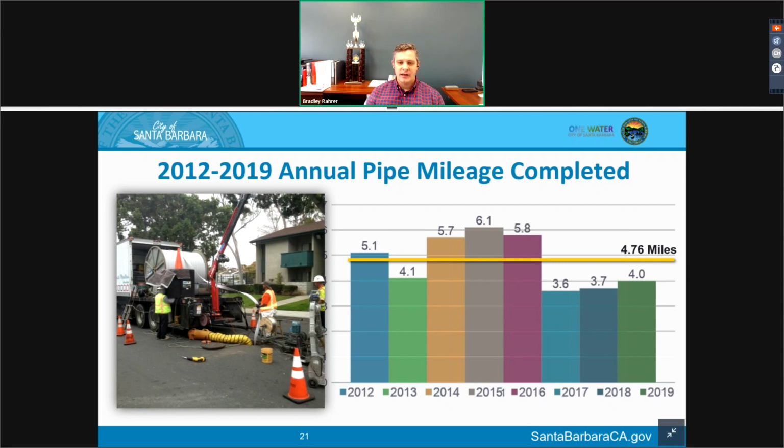As you can see, that yellow line, that's kind of our average since the beginning of the consent decree. And so we've been averaging 4.76 miles, which equates to about 1.8% of our sewer system. We have that goal of 3.56 miles from the consent decree. However, our city council charter goal is 1%. And so we'll be looking at, as we exit the consent decree, what is the right amount of capital mileage moving forward. We do feel, though, that the average that we've been achieving over the last several years